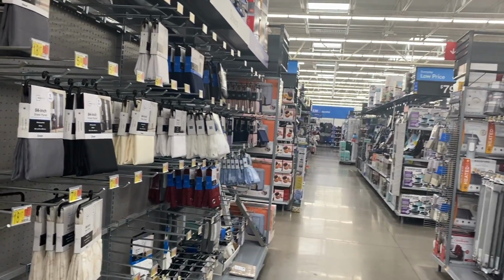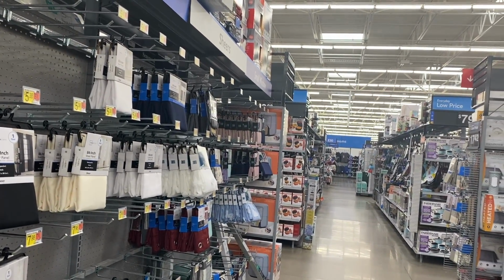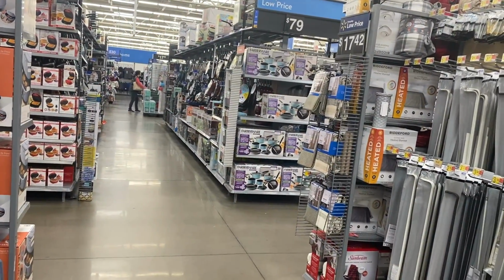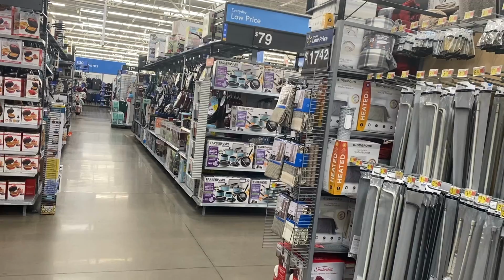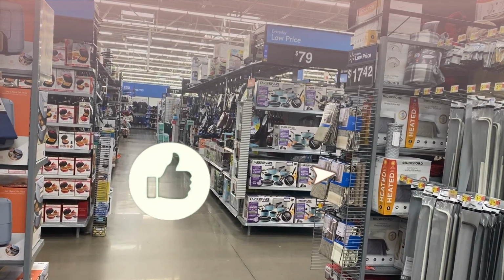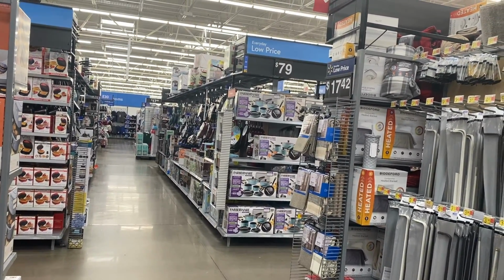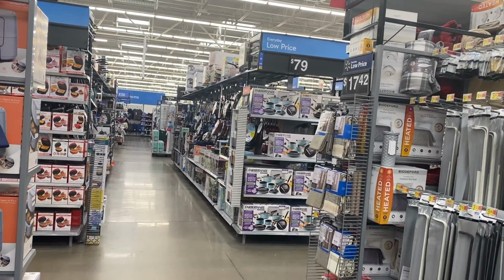So yes, y'all, we are reporting live from Walmart and we are about to get into some quick and easy rebate deals that are really good. So we are not going to be in here too long. I'm not trying to hit a bunch of bonuses today. I'm not trying to do a whole lot. I am just trying to get stocked up on some household stuff, and we got some really good deals going on right now. And you know how these rebates work, you got to move fast before they disappear. So that is why I went on ahead and put on my clothes and got up here to get these